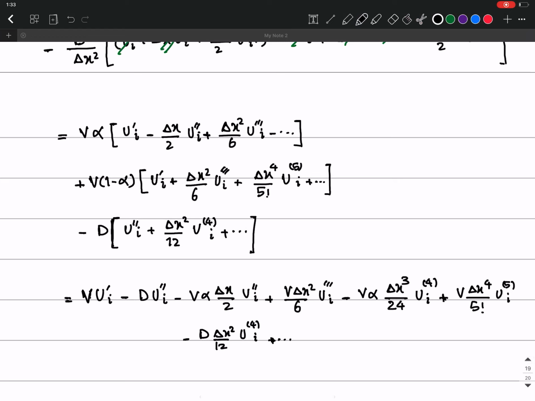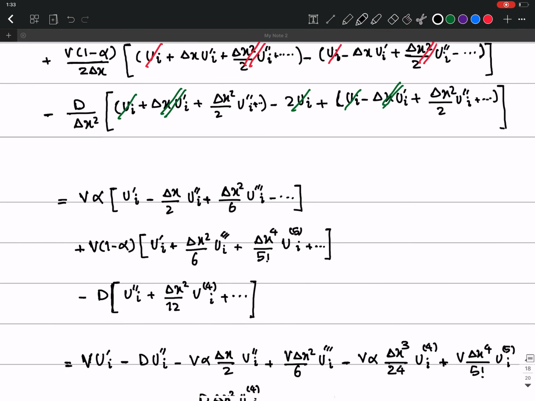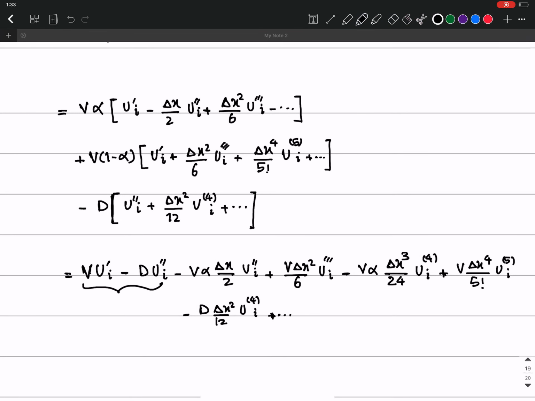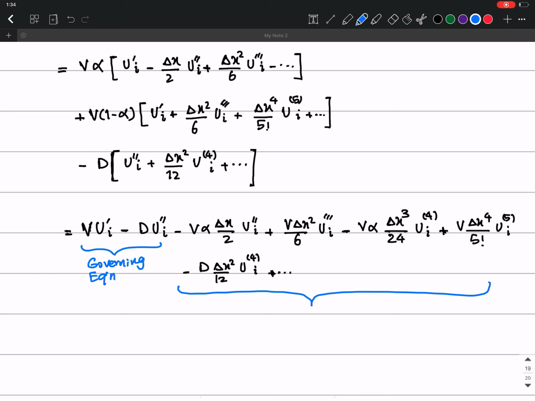Now a very interesting thing happens when we write this down. The original equation was v u prime minus d u double prime equals 0, and that equation just emerges here. So this is just our governing equation. And whatever is on the right is just a truncation error of this approximation, right? So this is the error of this approximation. So it's truncation error. And as you see, it is order